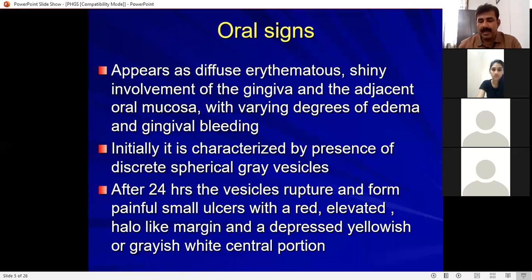Okay, and imagine this occurring in a very young child. So this young child, the patient, may be very irritated. And because it's happening in the mouth, it is painful. Along with that, you may have fever and irritability, and the patient won't take any food during that time.